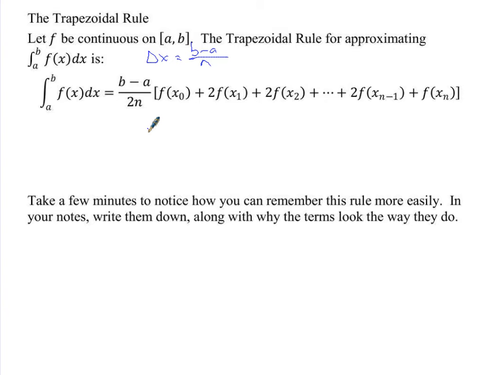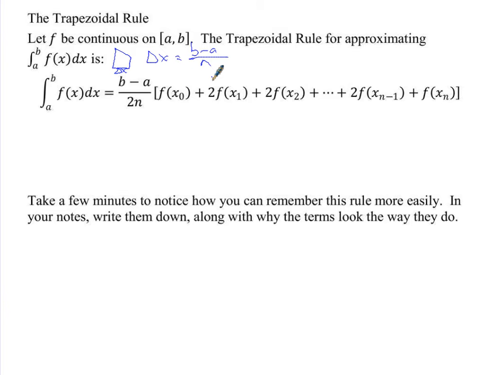Where'd the 2 come from? In the trapezoidal rule, you have the 1/2 sitting out front when you're finding the area of a trapezoid. So this is the 1/2 right here times the height, b minus a over n. So here I am, right here. That's my delta x, sitting here, 1/2 times b minus a over n. You got it? Okay. Now, it's 1/2 times the height times b1 plus b2. So this all must be b1 plus b2 here, right? So each one of these is like b1, and then